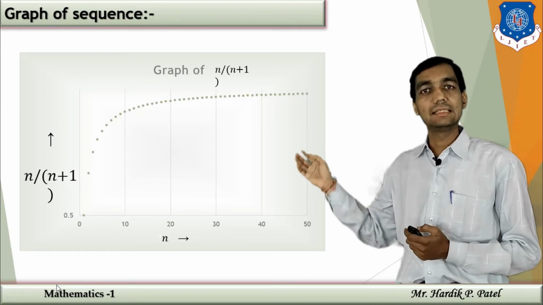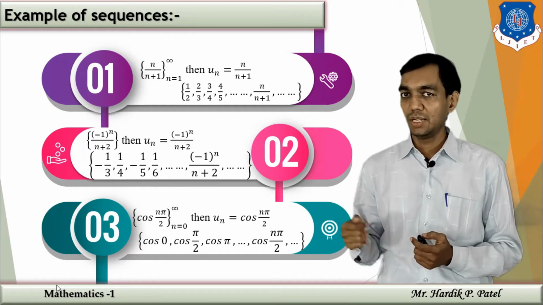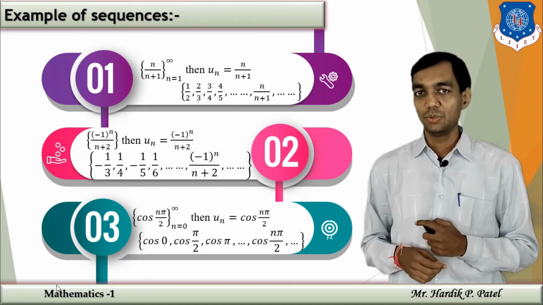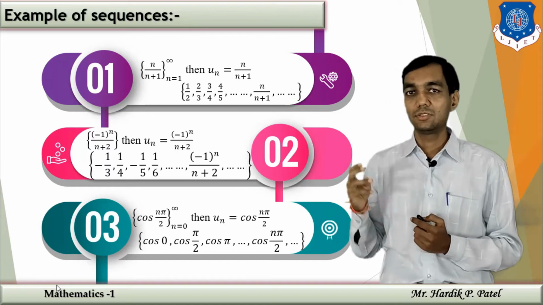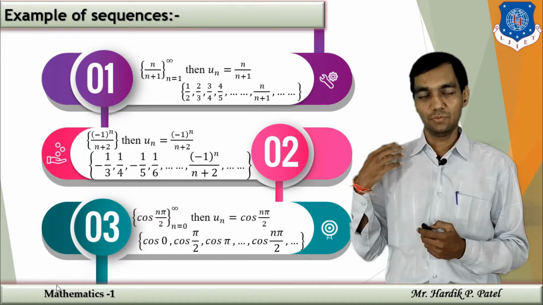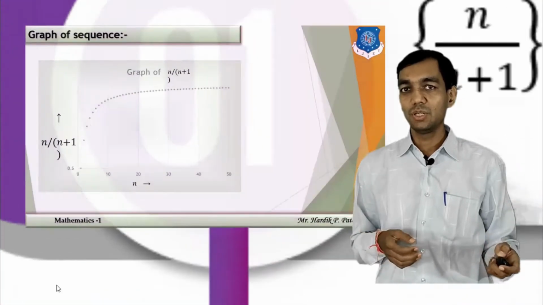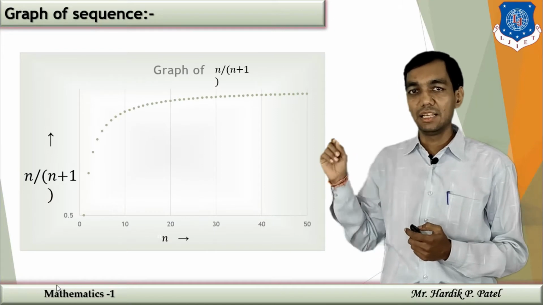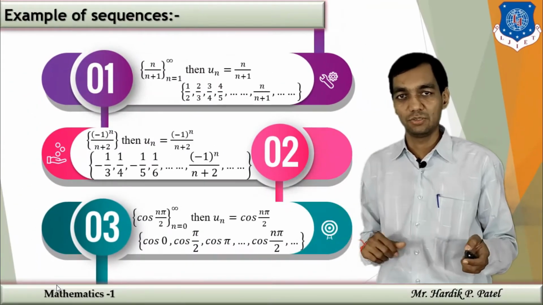In the same manner, now we are going to define 2-3 examples of a sequence. The first example is n upon n plus 1. Here un is n upon n plus 1 and your sequence is starting with n equal to 1. So we are going to substitute the values. If you put n is 1, then you will get 1 by 2. If you put n is 2, then it is 2 by 3. Similarly for 3, it is 3 by 4. For 4, you will have 4 by 5 and so on. If you represent this in a graph, you will get this type of graph. Here each point denotes the term of a sequence at 1, 2, 3, 4 and so on.